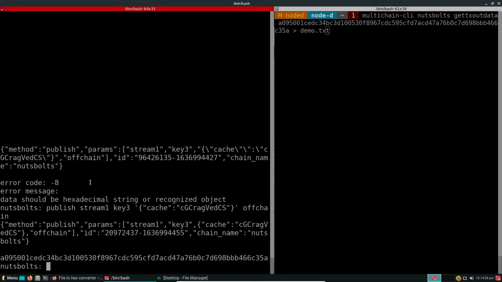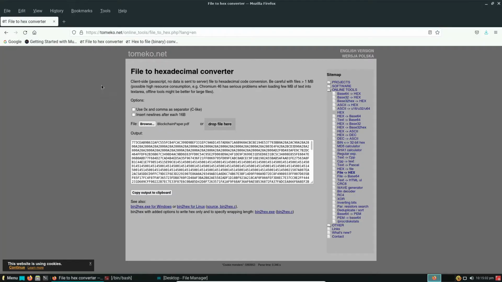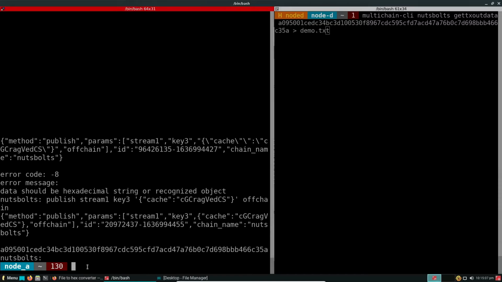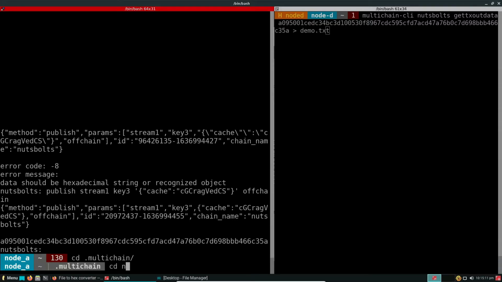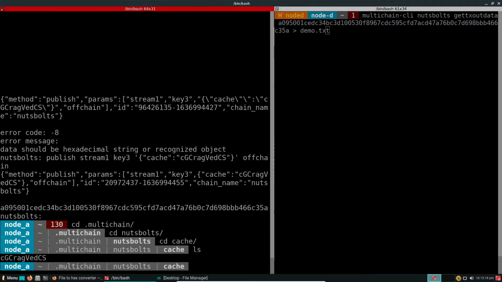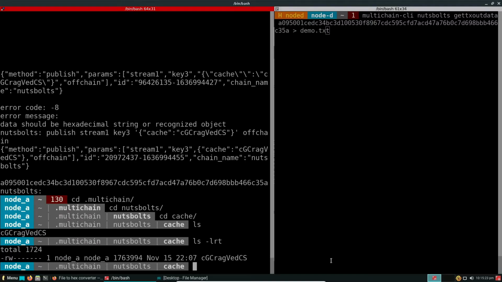The mistake is very simple, but I had not noted down the size. That size is to be mentioned here. What size am I talking about? For that I'll have to go here: cd .multichain, cd .nuts-bolts, cd cache, ls -lrt. This is the thing that I need to mention here, 176.